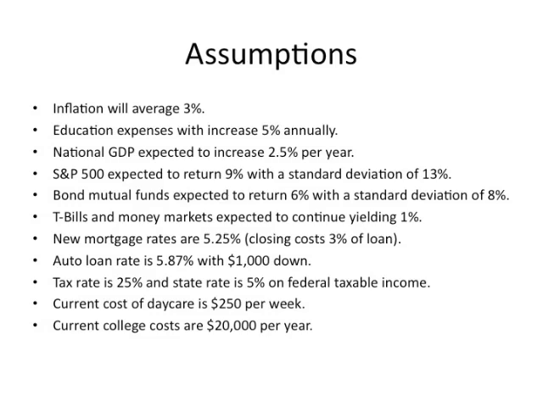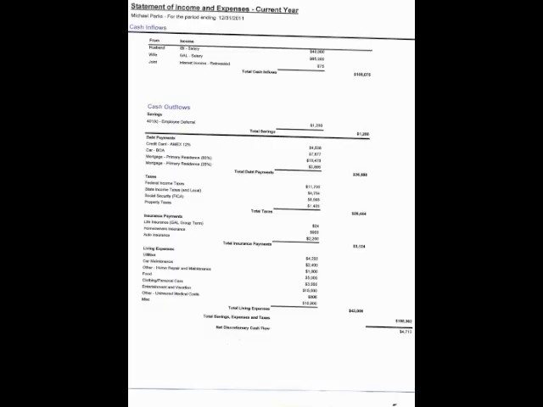It can be quite drastic, as you will see. Now we get into a review of your current financial position. This first slide we're seeing here is a statement of income and expenses, and that's activity for a specific time period, and the time period is the year ending for 2011.